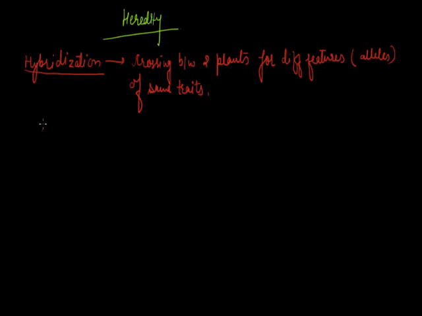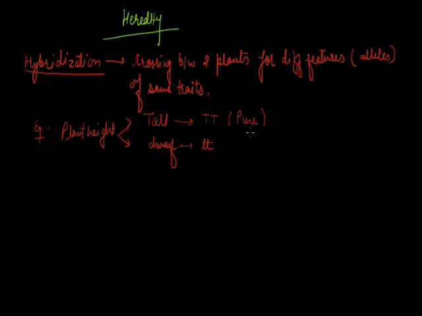That means if I am talking about height, suppose I am taking the example of plant height. In this case, I have to take two plants, the first one tall and the other dwarf. The first plant belongs to capital T trait and the other should be small t. It's called pure tall, and the other is pure short. So for the hybridization process, the first point is we have to take a pure line if we want to follow